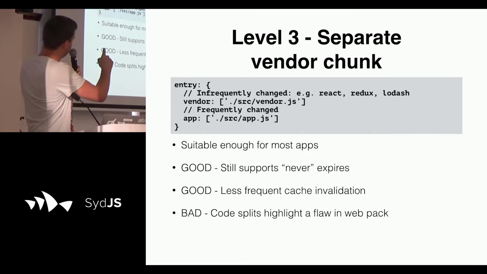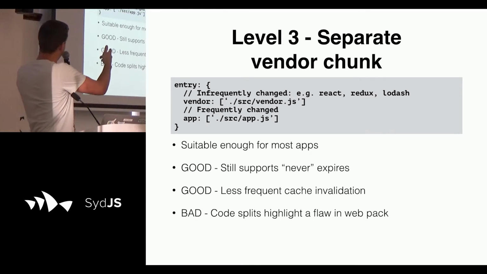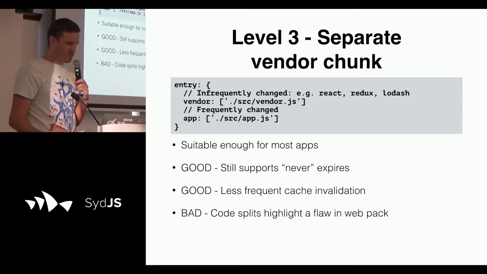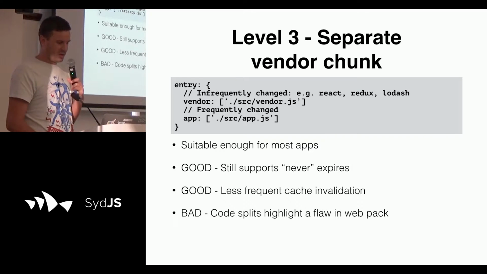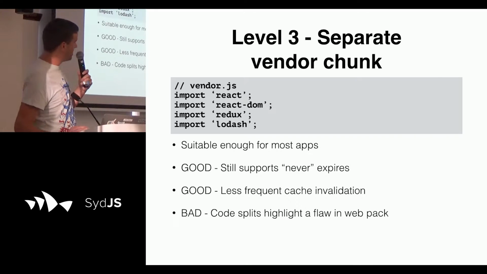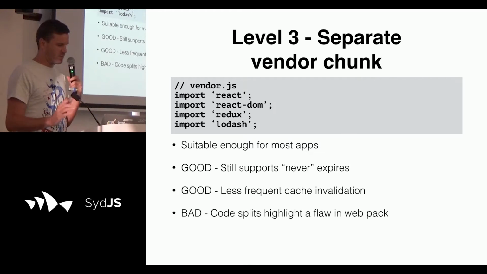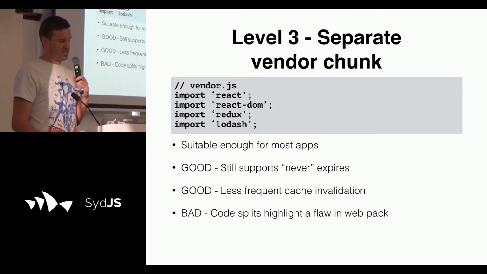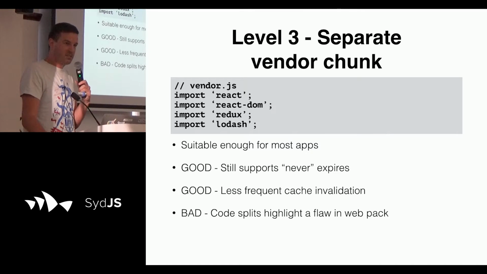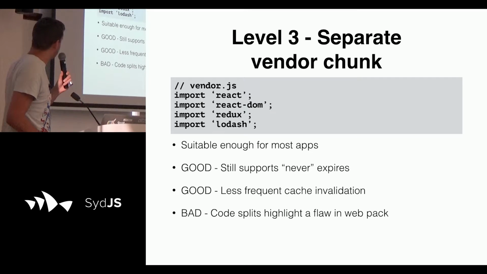Vendor in this case becomes, I guess, a dependency for app.js. And by separating the vendor and app entry points, you can isolate infrequently changed parts of the code away from feature code that changes more often. And the vendor.js will usually just include common dependencies like React, React DOM, Redux, the things that don't change very often. This means that the hash of your vendor file will only change when you bump a version of a